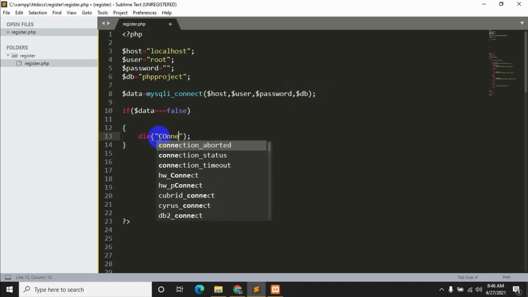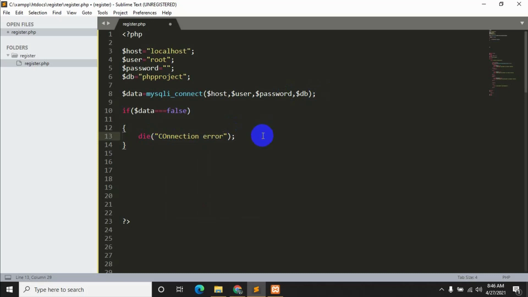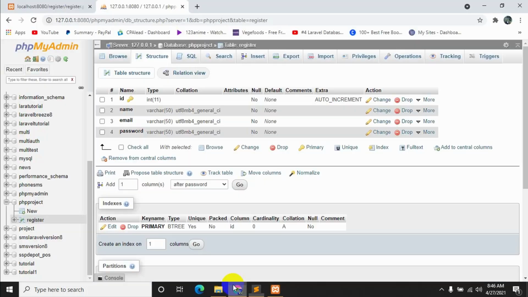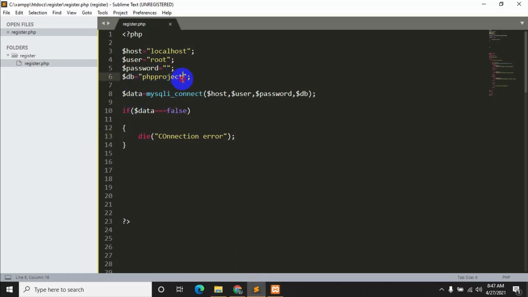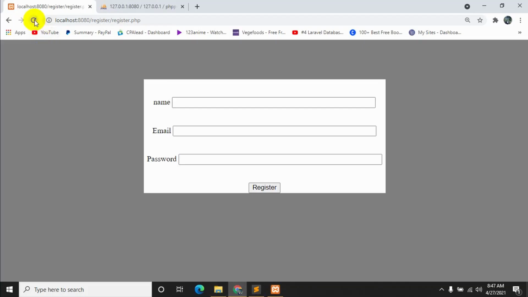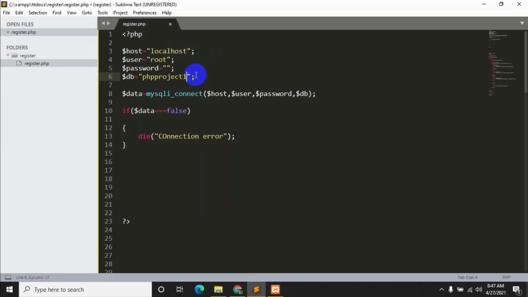Die, let's say connection error. Okay, so let's save it, Control S. Now if you refresh over here, you will see no error. But if you add something like 12 to php project and save it and refresh, you will see an error, connection error, unknown database php project12. Okay, so let's just remove this 12 and save it again.